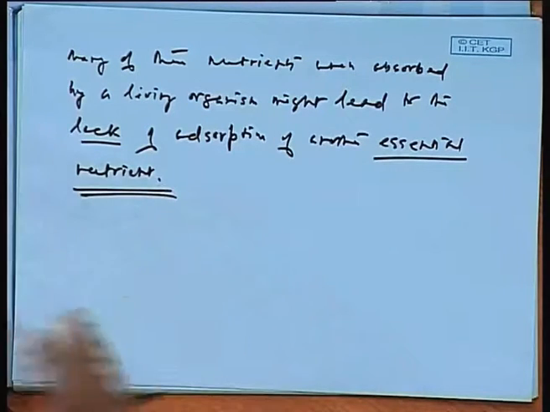So, if a particular organism is accumulating iron from the water, from a source, it might reduce the intake of calcium or magnesium. So one organism might suffer from the added intake of a particular substance, an element like iron, but it would also suffer due to the lack of intake of other essential nutrients.